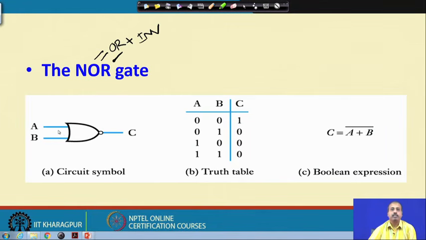Of course, the other things remain the same, like I can have more inputs here. The truth table is simple. For the OR gate, whenever any of the inputs is equal to 1, the output was equal to 1. Since this is NOR, whenever any of the inputs is equal to 1, the output will be equal to 0, and only when both the inputs are equal to 0, the NOR gate output is equal to 1. So this is C equal to (A plus B) whole bar. That is the Boolean expression for NOR. Of course, you can apply De Morgan's laws on this to simplify the circuit, that we will see later.